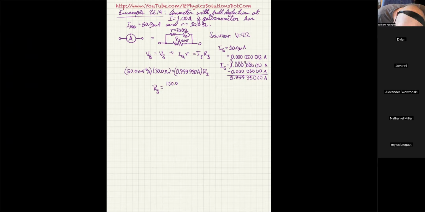150.0 microvolts divided by 0.999950 amps. So 150 divided by 0.99995 gives me 150.008, and that comes out in micro ohms. So I get